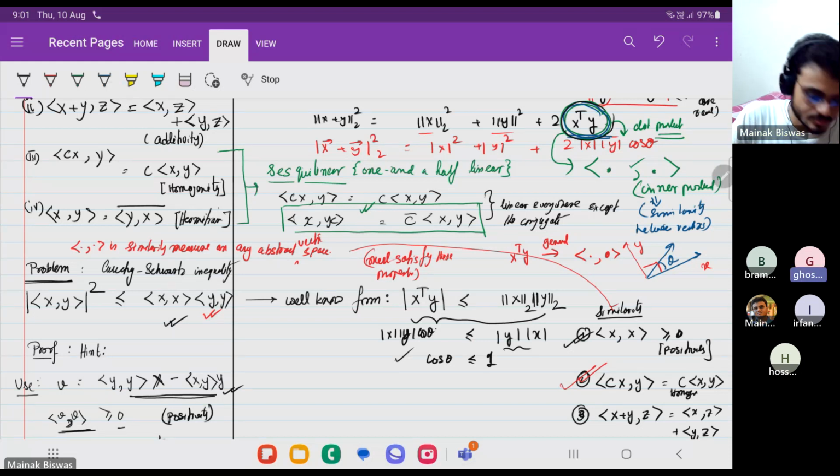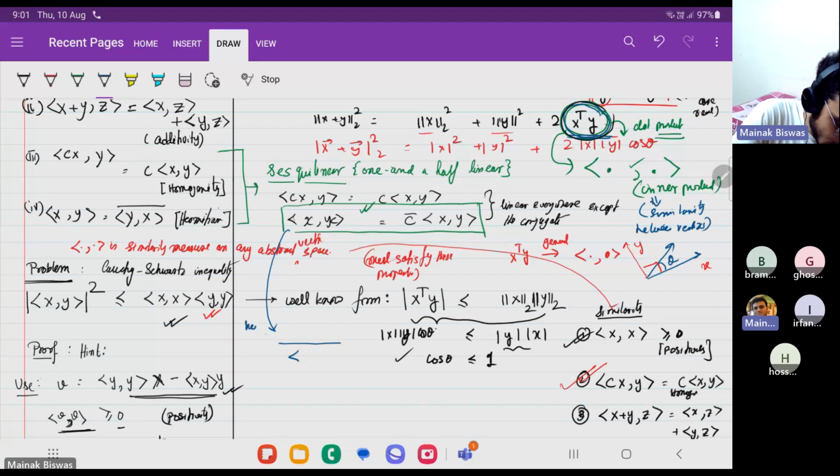So we can first take the complement and take C outside, then again take the complement. I will use the Hermitian property to make this cy comma x, and then I will use the homogeneous property to take c outside as